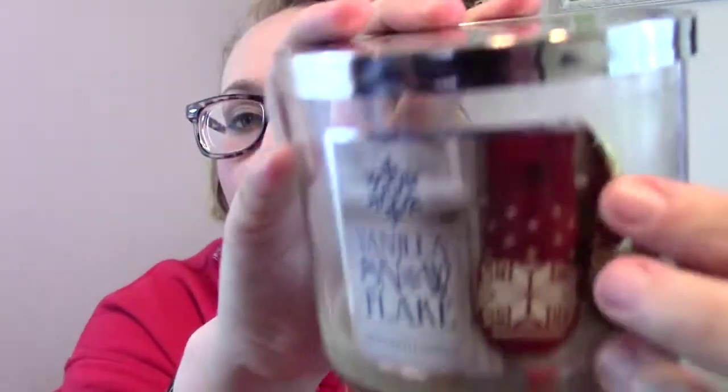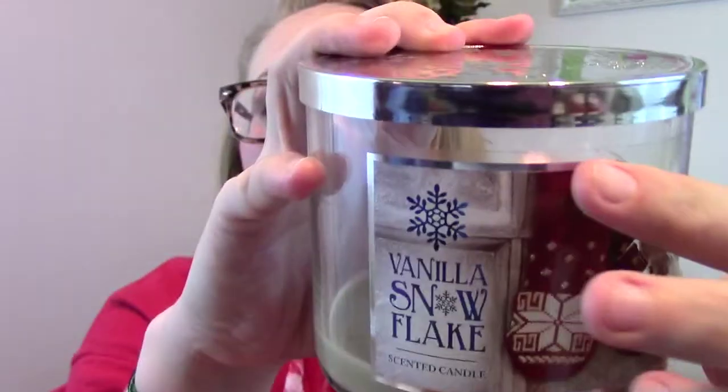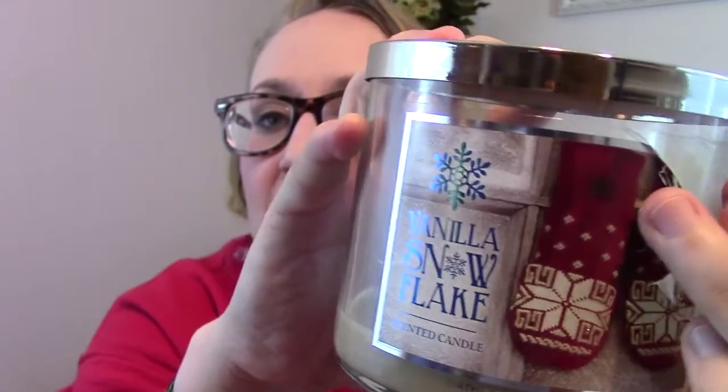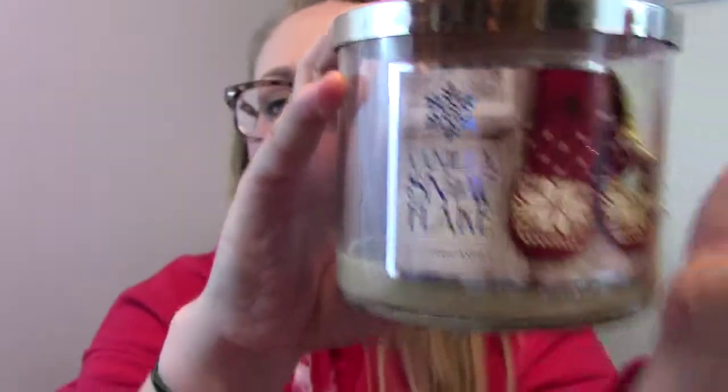And the last thing, the performance, this one also was wonderful. It did get really, really hot at the very, very end, and that's why my label peeled here. It didn't do this until the candle was almost done, and you can see it didn't do a whole lot. It's just a little corner. So this candle was perfect all the way through, but about the last hour, when it was about